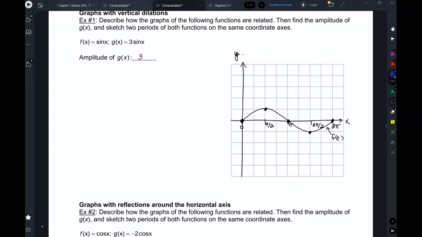Okay, on the same axes, I'm also going to graph g of x. G of x is the same, except it's got an amplitude of 3. Because it's a sine, it still starts here. But now the maximum is just 3 units up. Here. 1, 2, 3. Back to 0. 1, 2, 3. Here. And that's how it looks. Okay, and here we just want to